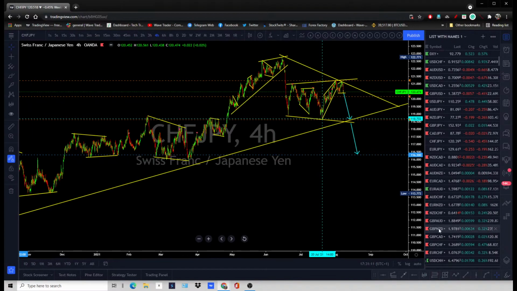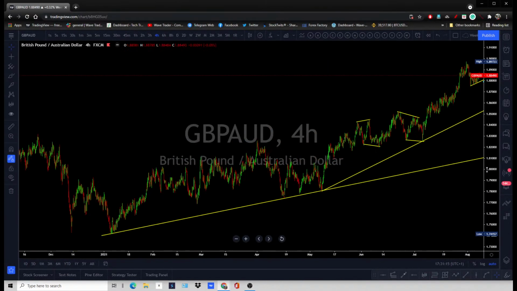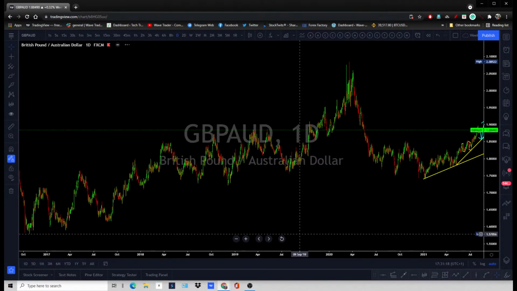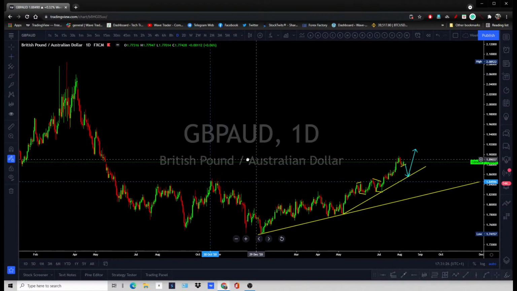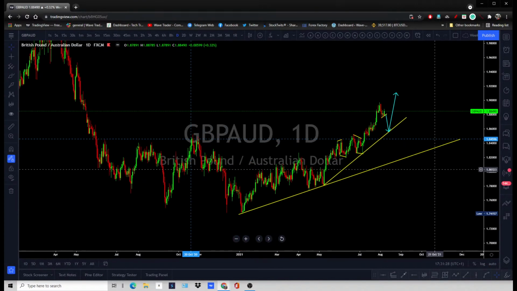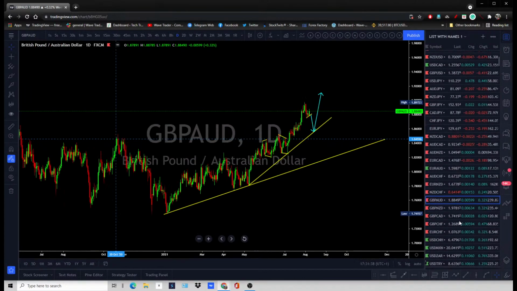We were looking at, let's say, the Pound Australian. Where were the October lows or October highs on this chart? There is the 20 October. We have seen that the price went beyond that. We were looking for this move to appear. I was looking for this move to appear, and it appeared.